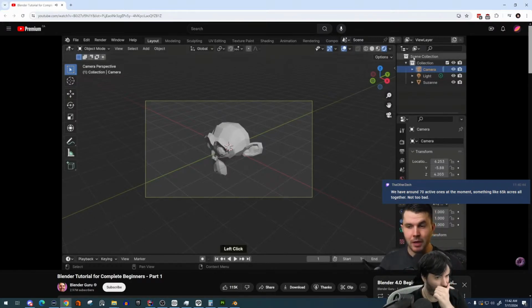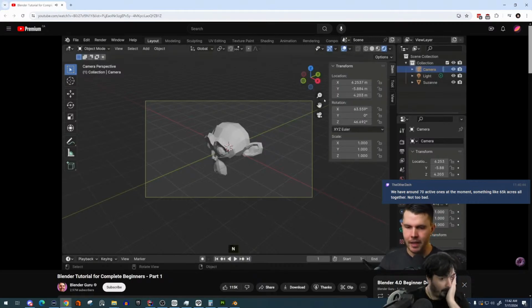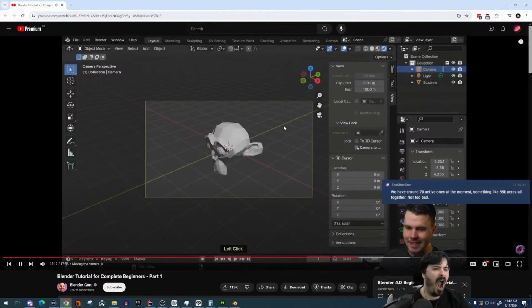you've got your camera selected, which by the way I haven't mentioned this, but up here this is your outliner. It's kind of an inventory of every item that you've got in your scene. Okay, so with the camera there selected, if I hit N, N is to bring up the properties, N for properties for whatever reason, and then go to View. There's a little box there that